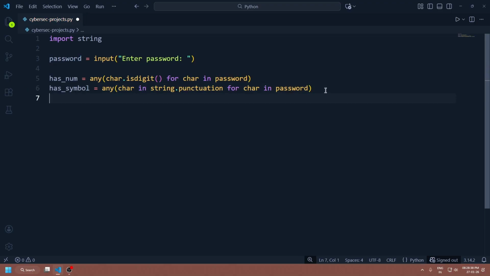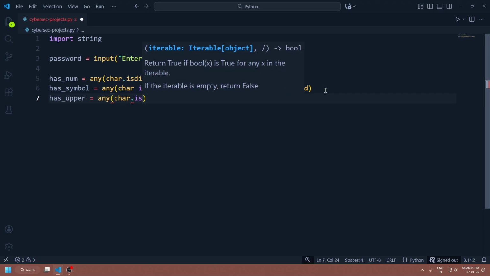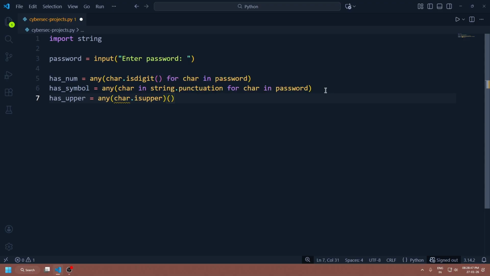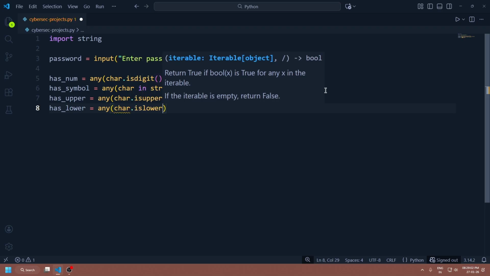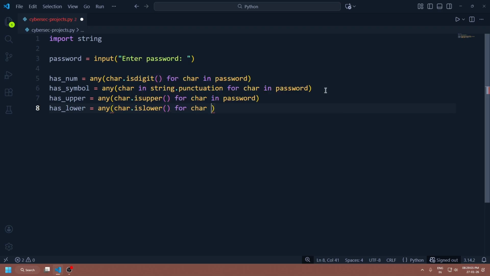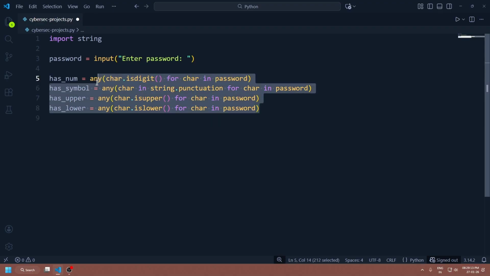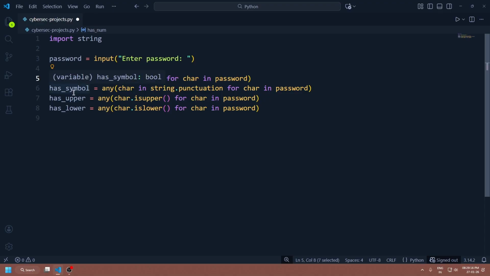Okay, and then we'll check for uppercase letters here: has_upper, any char.isupper() for char in password, has_lower, any char.islower() for char in password. Okay, so what we did using these lines is we are checking if the password has a number, symbol, uppercase and lowercase,